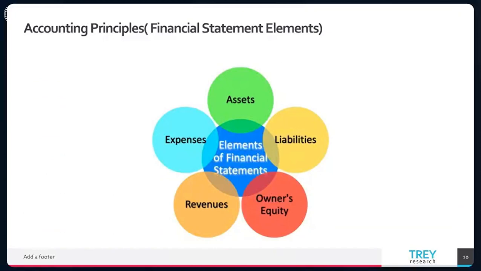What are the accounting principles? When we talk about the financial statements, we will see that they are part of the accounting principles, and we'll see five elements in the financial statement: assets, liabilities, owner's equity, revenues, and expenses. Repeat after me: assets,